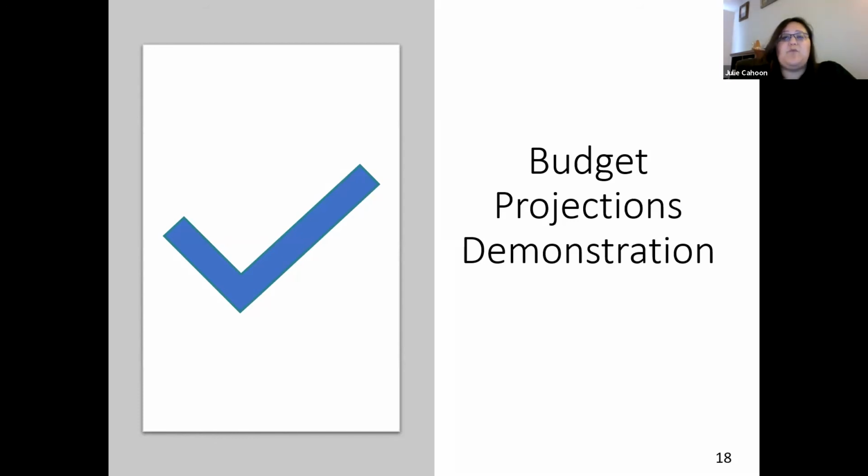do your budgeting, you want to make sure that you're working with your organization's accounting team or your billing team. They may already have a budget tool developed specifically for your organization that you're going to want to use. And also additionally, the funder may have a specific budget template or certain requirements that you'll need to use as well. So this demonstration, the intent of it is just to give you an idea of how you might want